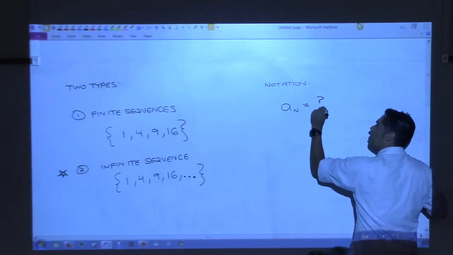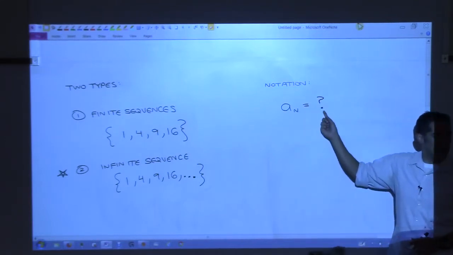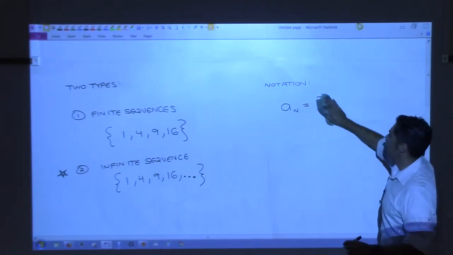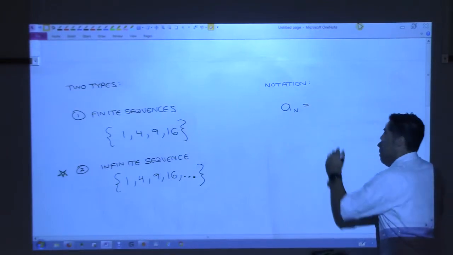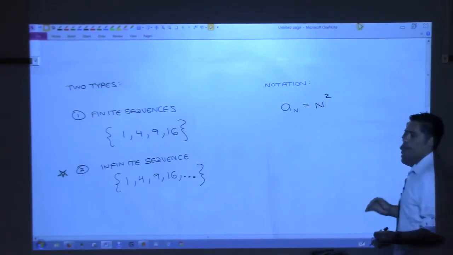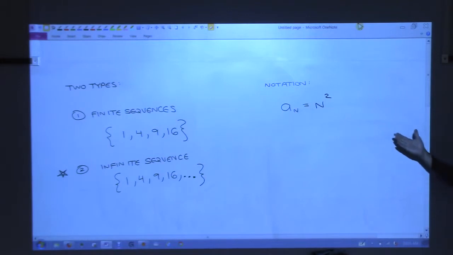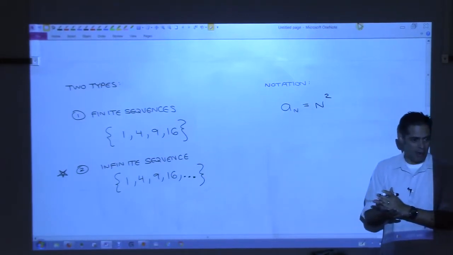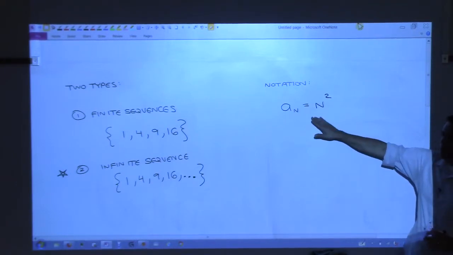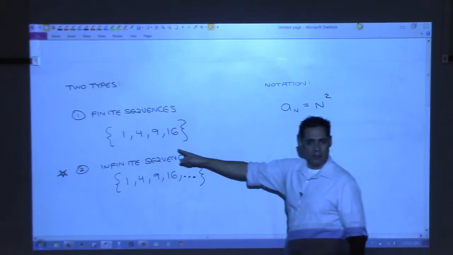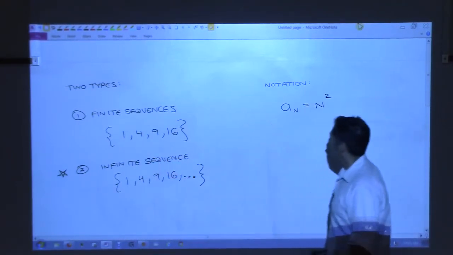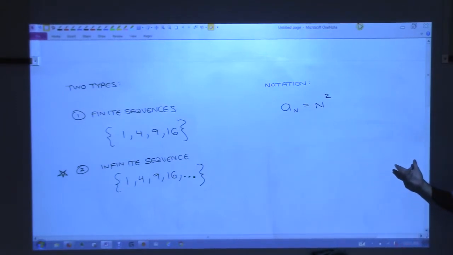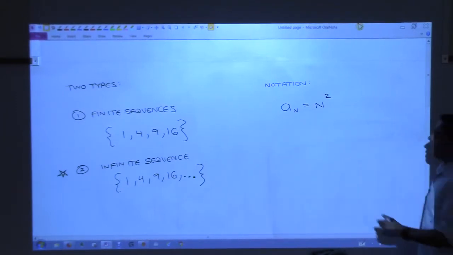What did I write earlier? N squared, right? So what I'm going to do is use that example, all right? I'm going to use n squared. That is notation that clearly establishes the sequence, all right? If I wrote that down, everyone should be able to list out the numbers. Agree? You could? Okay, another way that you might see this is